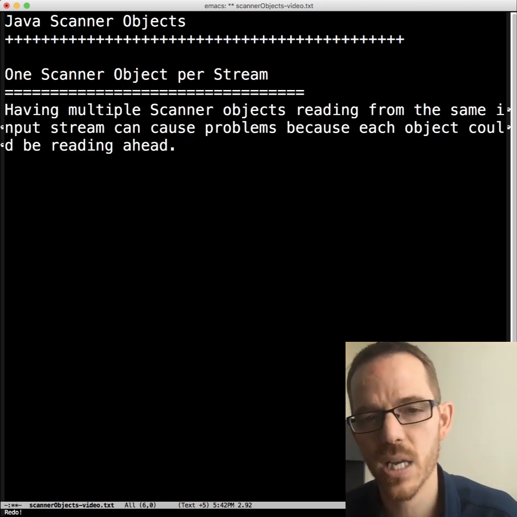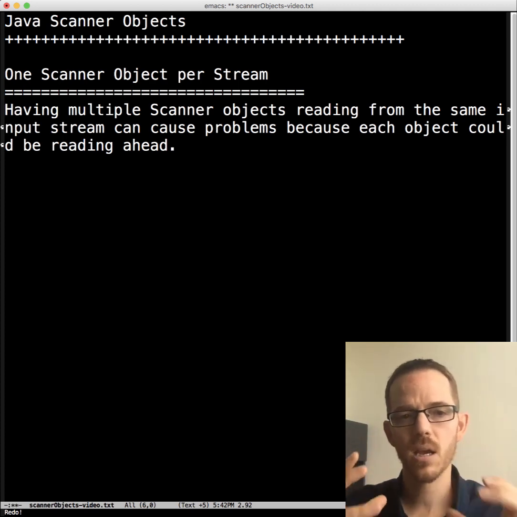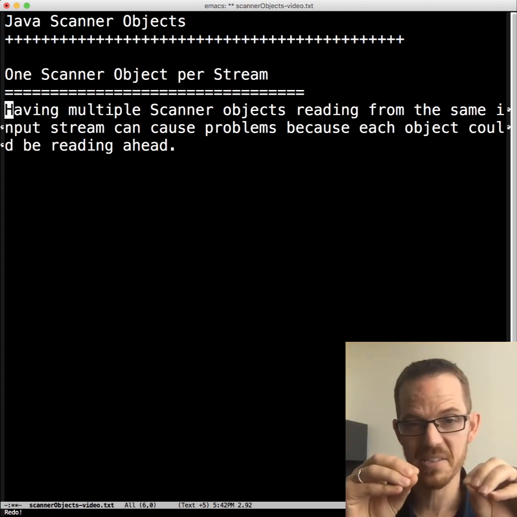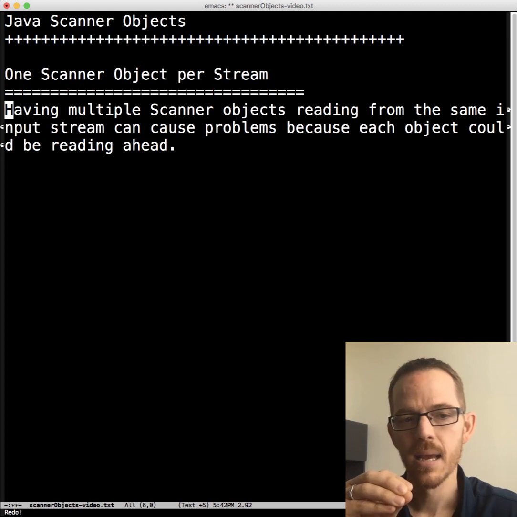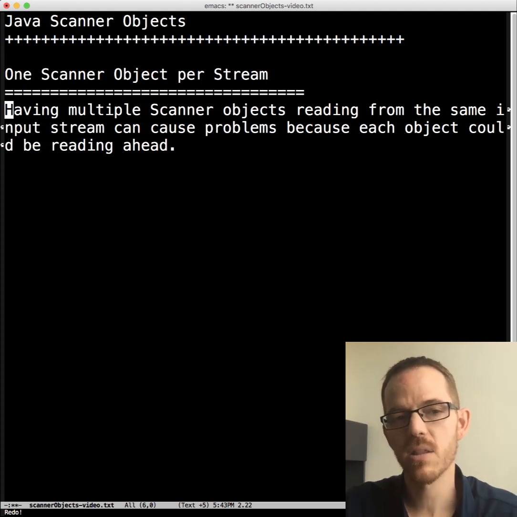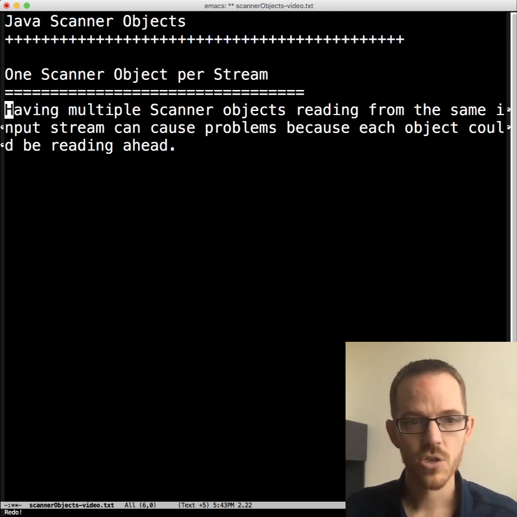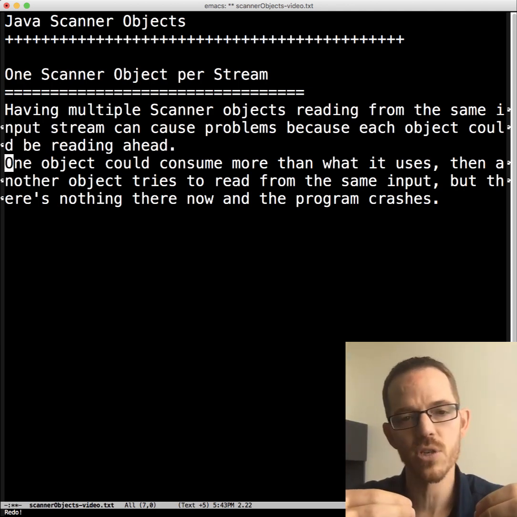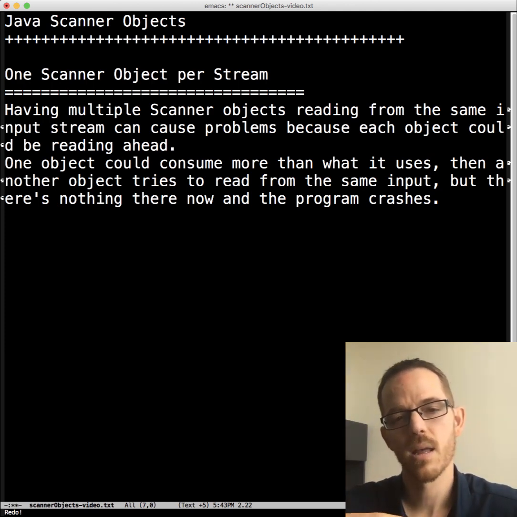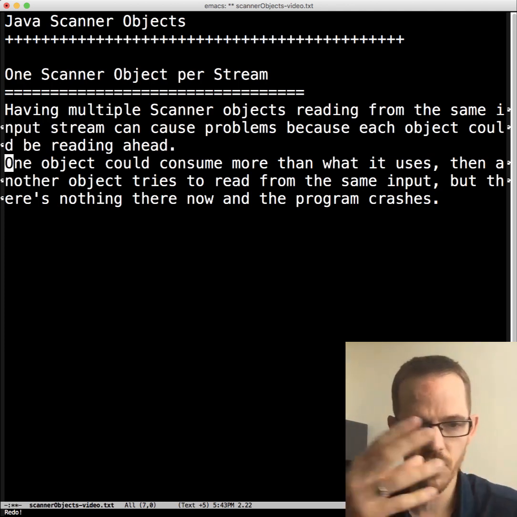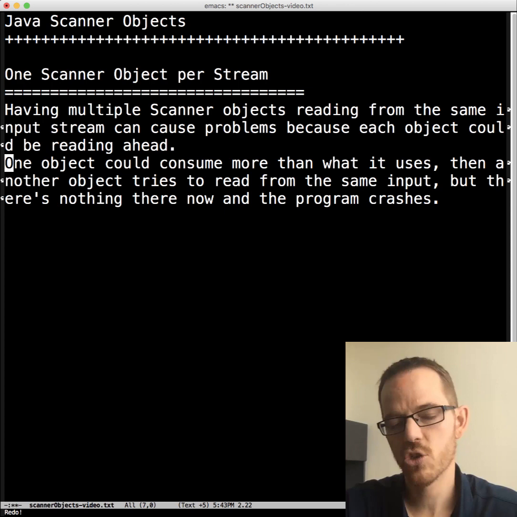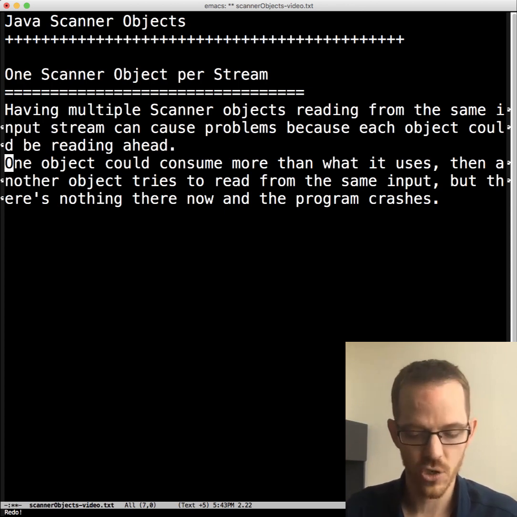Having multiple scanner objects reading in the same input stream can cause problems because, let's say you have 2, one of them reads ahead, but then the other one is called somewhere else and it tries to read, it's reading the wrong place. The first one has already consumed that. So one of the scanner objects could consume what was on the stream. The stream is just flowing and you consume it, and it remembers that, but the other one didn't remember that, and it tries to read it, and it can make it crash.